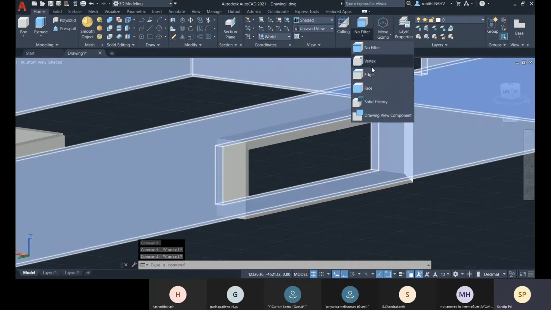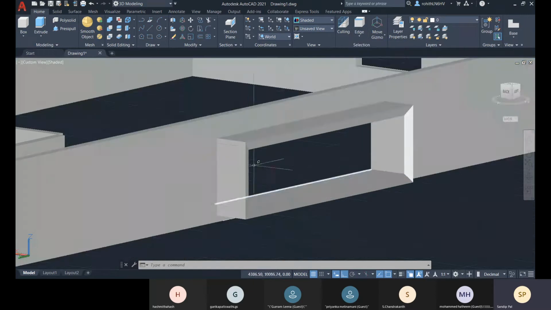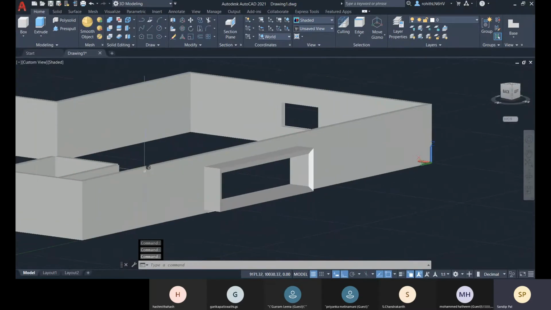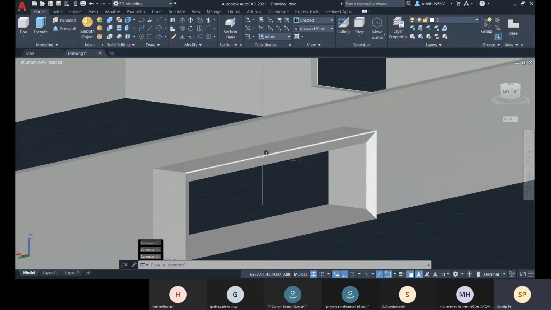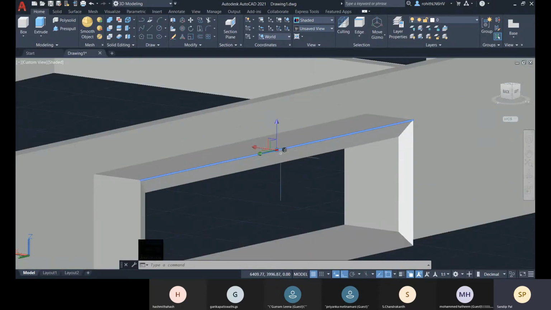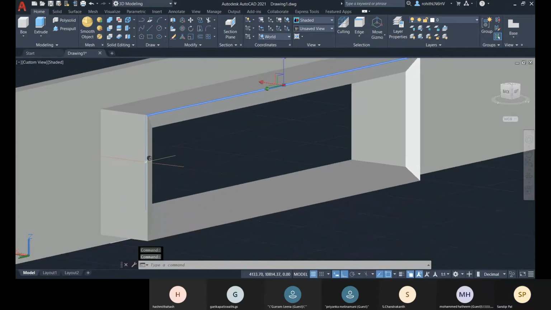Now if you want to work with edge, you will be coming to this edge option, and you can only select edges. You cannot select any other thing except edge. Like that, if you select this edge, this edge is connected with this vertex and this vertex. That means you are selecting these two vertices also. Fine. And the same thing for these edges and all edges.